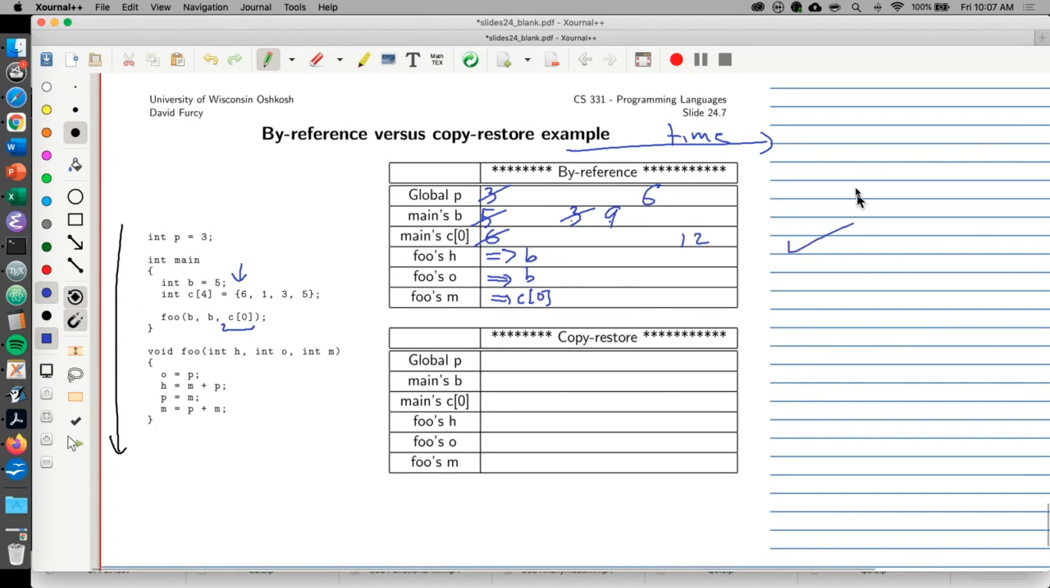Okay, so this is how you trace call by reference. Does that make sense? So here is the new one now. How do you do copy restore? Well, you go from the beginning and say, okay, P is 3, B is still 5 to start with, C0